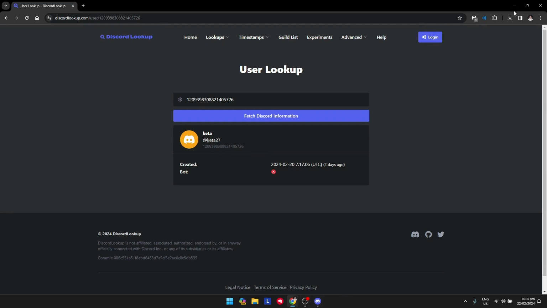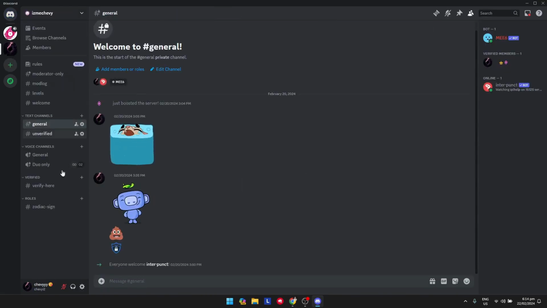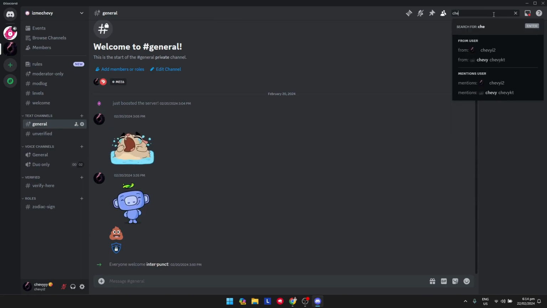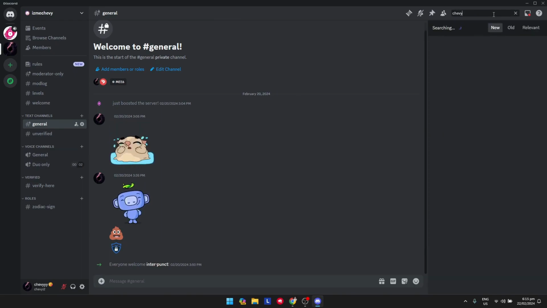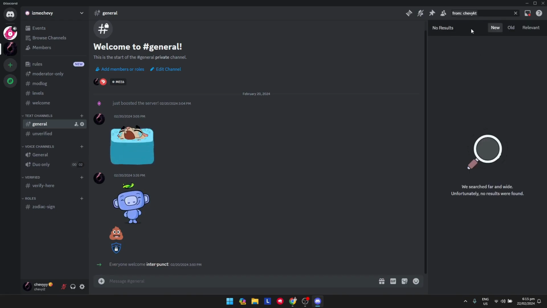And if you want to just search for them on your server list, as you can see, there's a search bar on the top right here. Just search for that person if you know the first name or their nickname or something. So as you can see, I searched for Chevy, and it popped up here. You could click on that particular person,